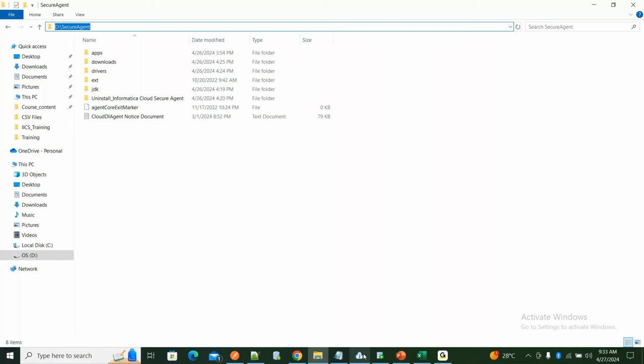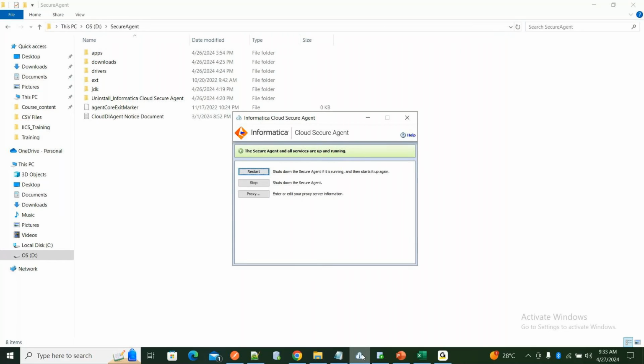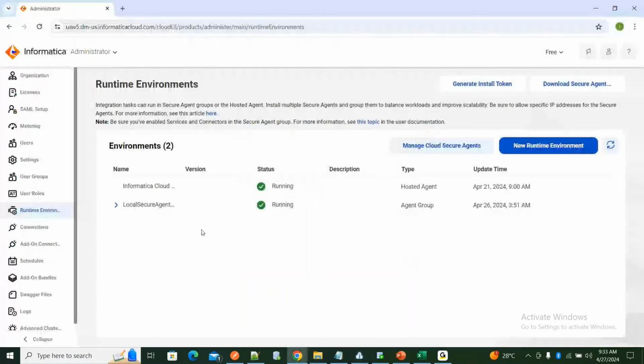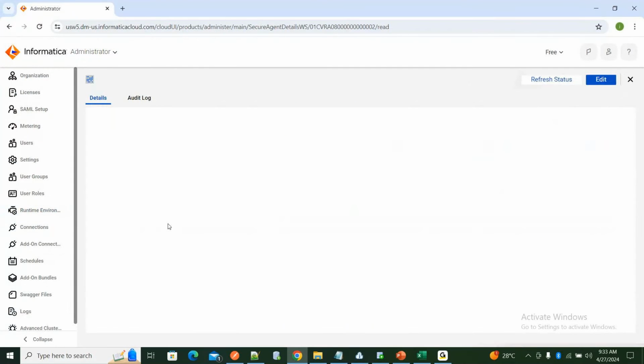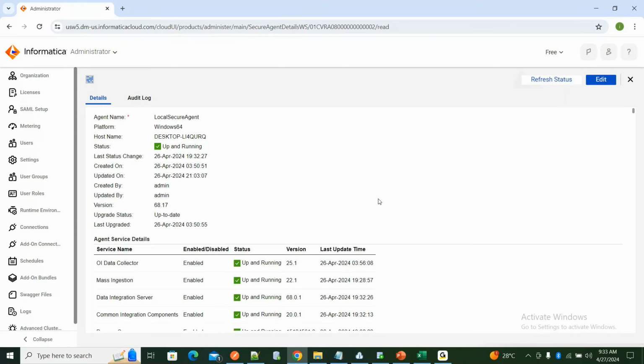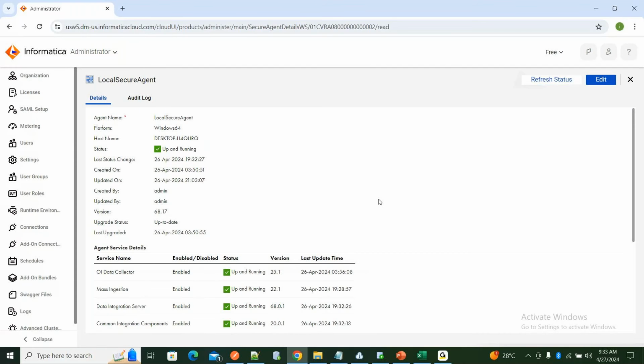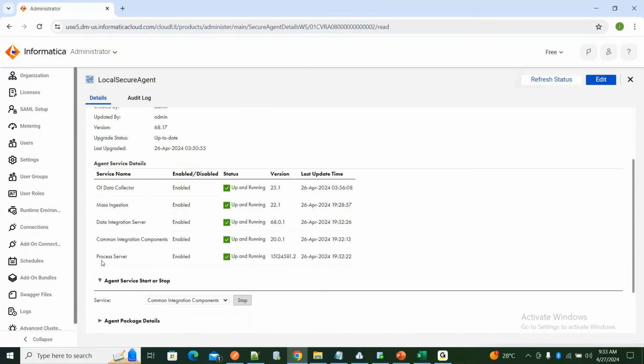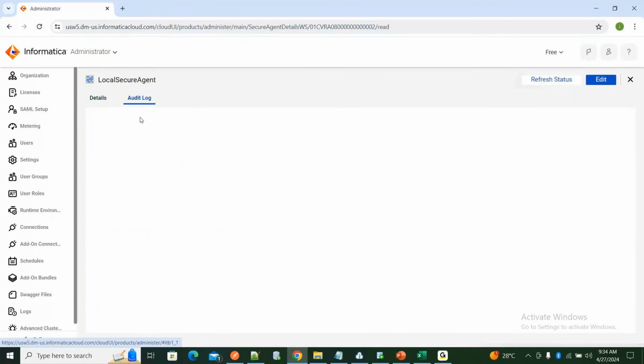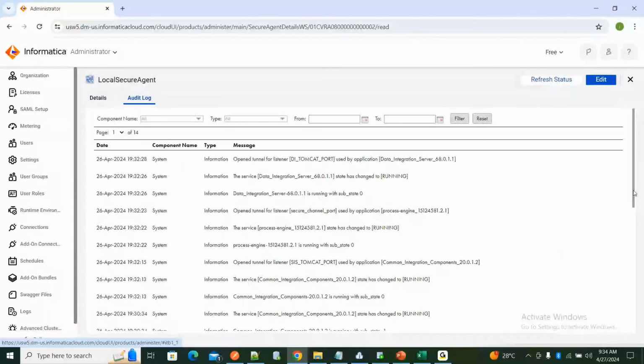Okay. Once the installation is completed, you get a prompt that your secure agent and all the services are up and running, because what it does is it downloads the necessary packages. Okay, when you just download with your administrator access and all the necessary privileges, right? You should also make sure all the services are up and running. You should have a green check mark here. And if you look at the audit log, right? If I just go back to the audit log, and if you just look at this,